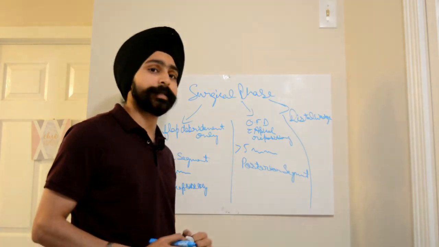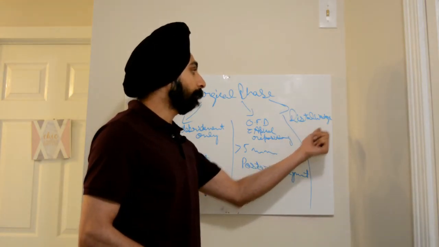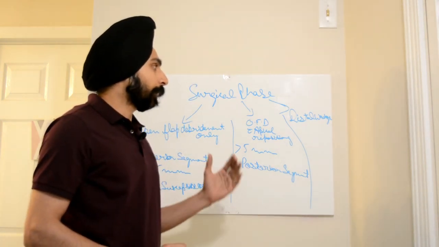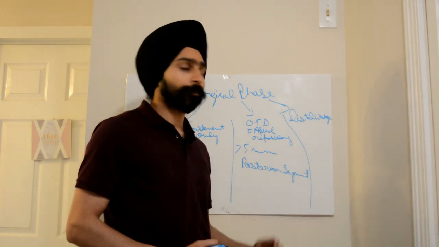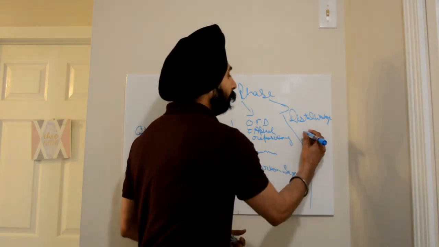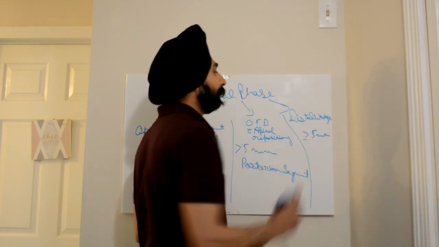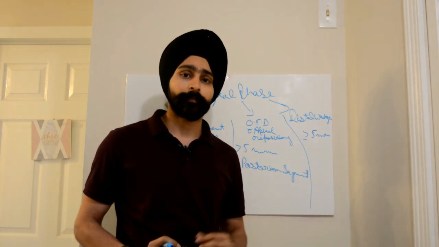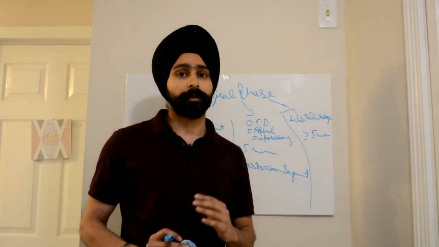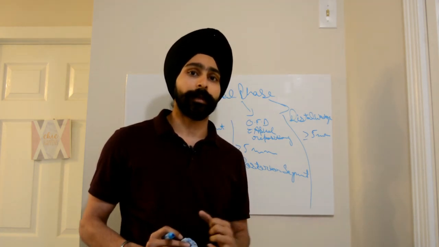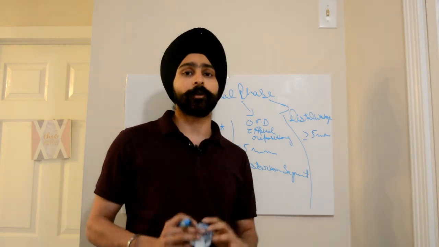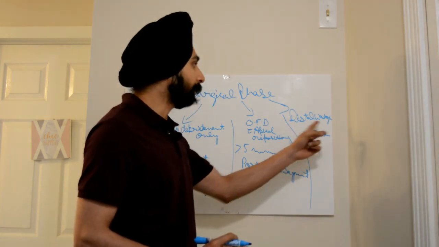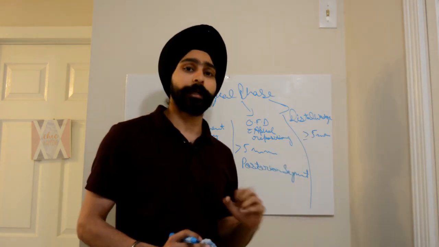The last one is distal wedge. As you have noticed from the name, distal wedge is performed when the tooth in question is the last tooth in the arch and it has a deep pocket of more than or equal to 5 millimeter on the distal aspect. Let's say in the maxilla on the right side 1/7 is present, and on the distal aspect of 1/7 there is a pocket of 7 millimeter, but at other locations the pockets are up to 3 millimeter. In that case, you will perform distal wedge to treat that deep pocket.